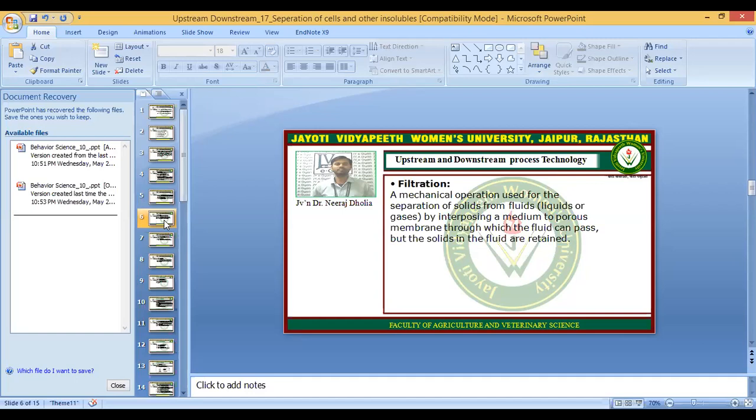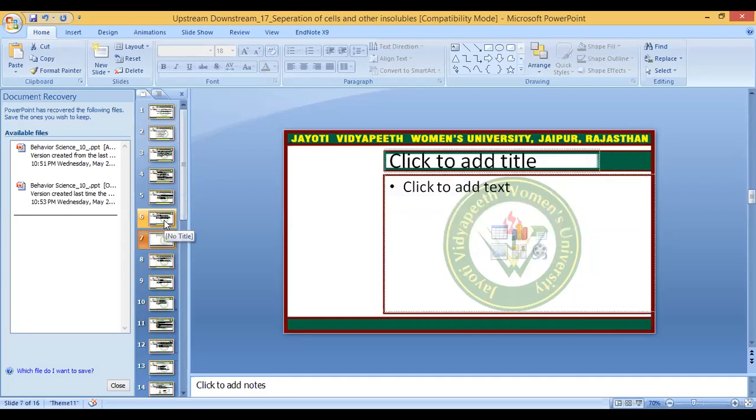So there are various types of the filter membranes, filter papers, and various cutoff size. Cutoff size means a definite size is defined below and above that. Above the specified size of the membrane, the particles will be taken out from the membranes. Okay, so in the filtration, the insolubles will be out as a form of the filter cake. So the insolubles will continue to deposit on the filter membrane, and they will form a cake like structure, known as the filter cake.